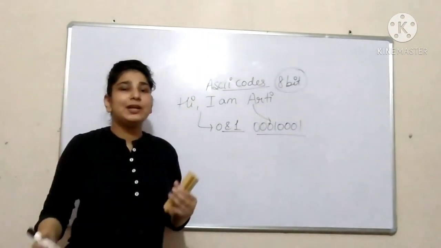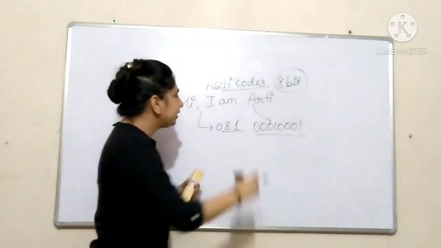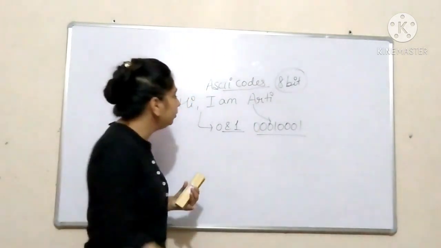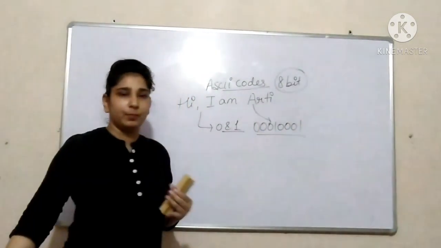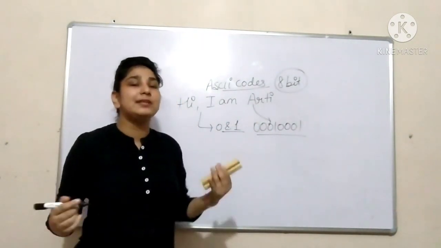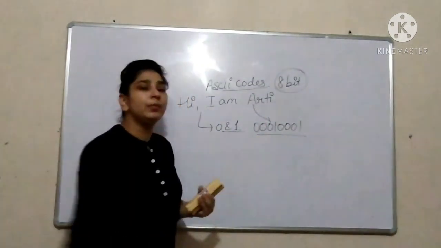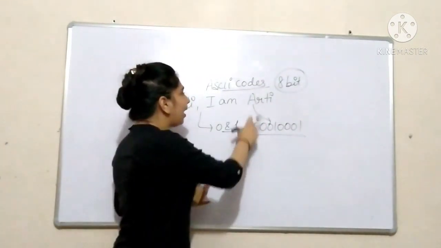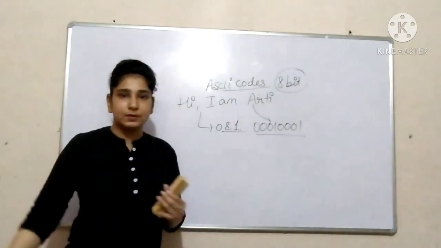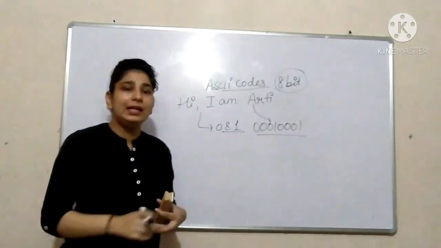So we have to use some kind of rules and regulations with the help of which we can convert high level language to binary number system. So if you are writing text, it really depends which standards you are using to convert your high level language into the binary language. So I am using ASCII codes. It is a standard code used for converting high level language to binary language.